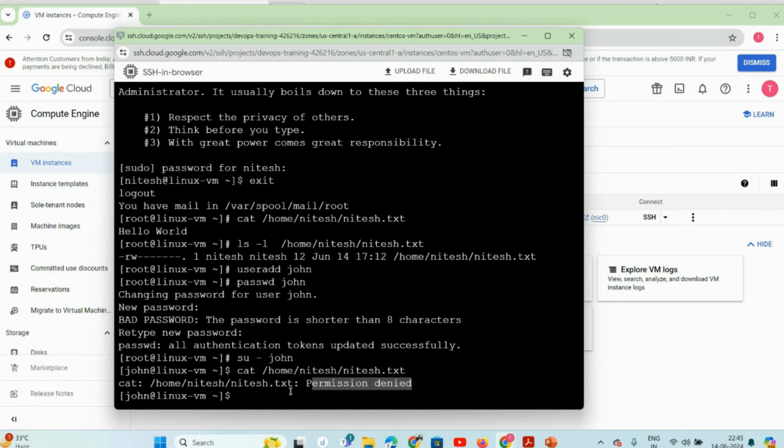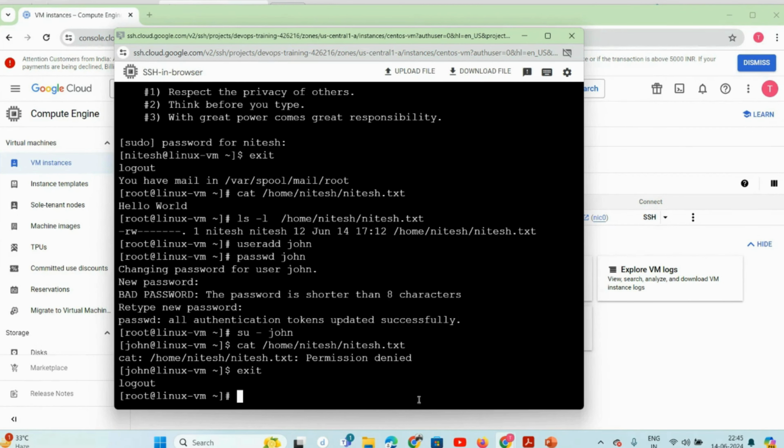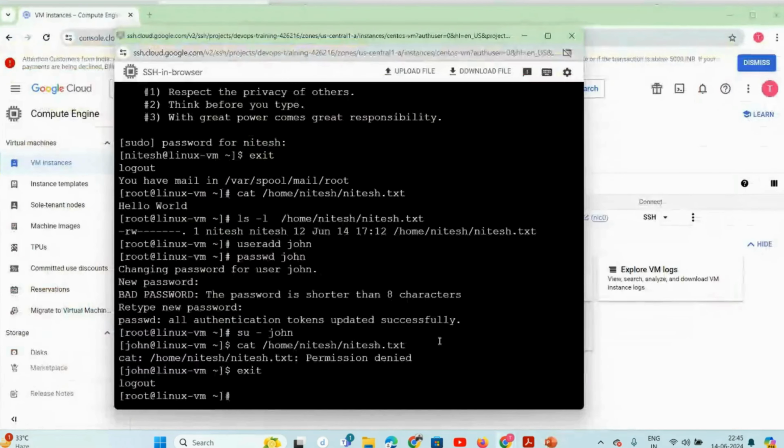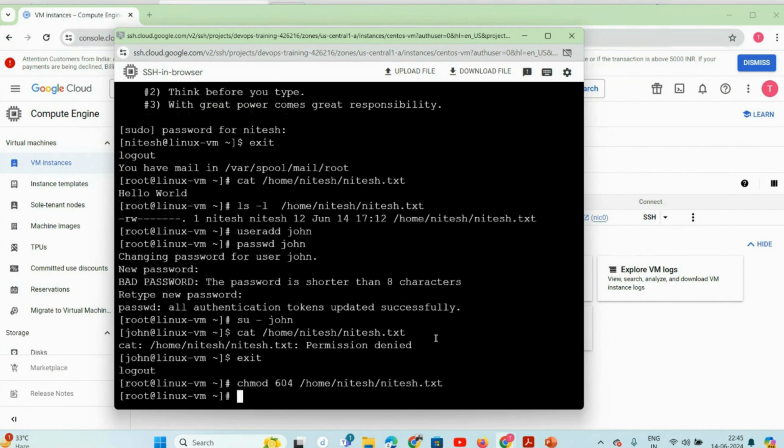That's why I'm getting permission denied. Let's say I want to allow others to read. What do I have to do here? Tell me. I want others to at least read the data. Others to read the data. Hmm. We need to put 6, 0, and 4. Correct. You got it right. So let me do here 6, 0, 4, and the name of the file. That is Nitesh. Done. Now let's see the permissions here again with ls -la